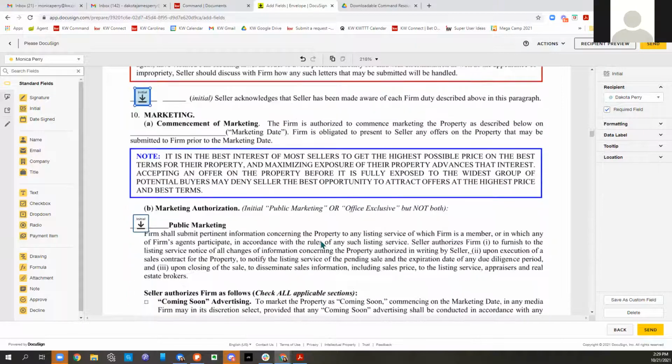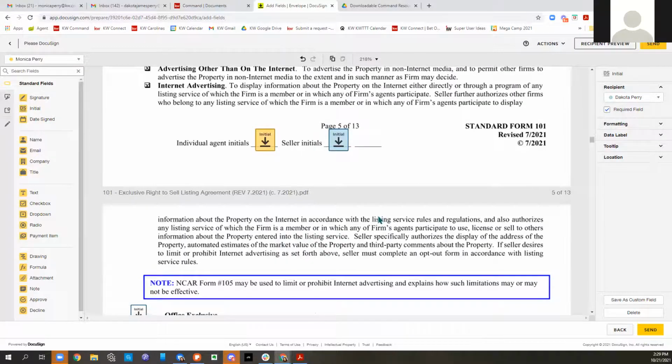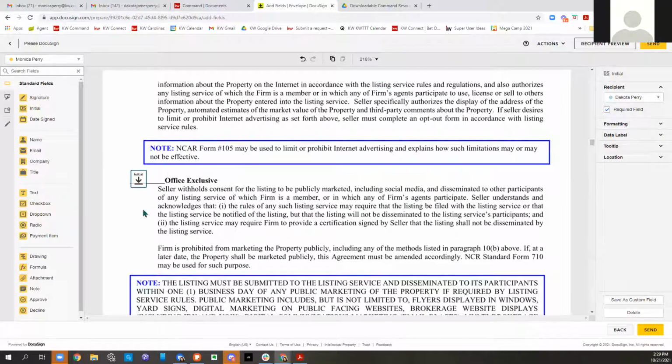So just make sure, again, public marketing is not required. So if you want to make it required, you need to click it and then make it required over here on the right. Okay. So it's always good to kind of roll through. Is this going to be office exclusive? No, it's not. So in this instance, I don't even need this initial here. So I can click the box, I can either click delete down here on the lower right-hand corner, or I can delete it